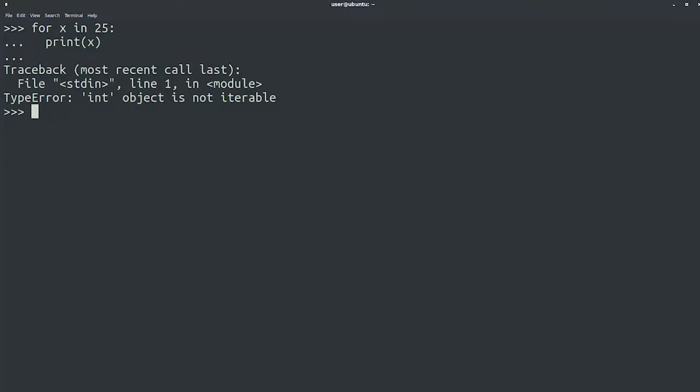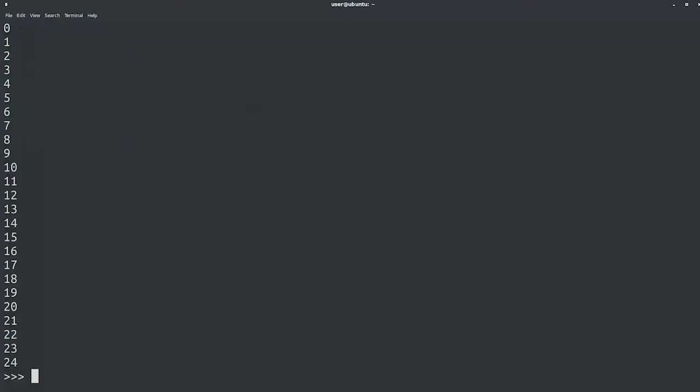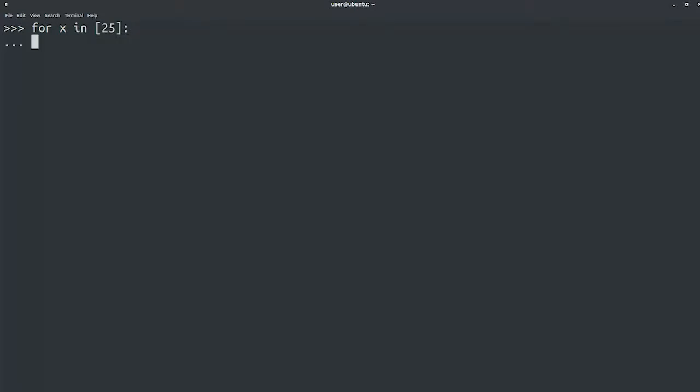If we want to go from 0 to 25, then we use the range function. So for x in range 25, print x. But if we're trying to iterate over a list that has 25 as the only element, then it needs to be a list. And that means writing it between square brackets. For x in list 25,